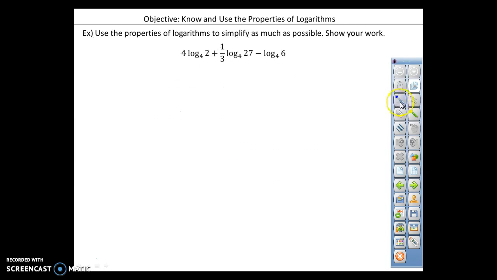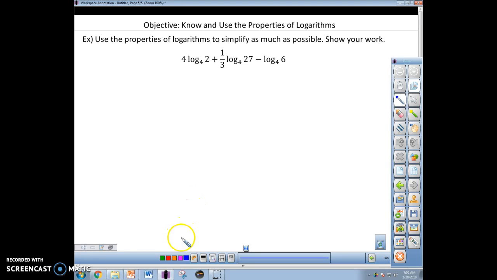All right, and this example now. So now we're looking at an expression a little more complex. It adds a third logarithmic expression. We go through beginning again with our power property of logarithms. And so we're looking here, we see this 4, this 1/3, which then tells us that we will begin again with our power property of logarithms,